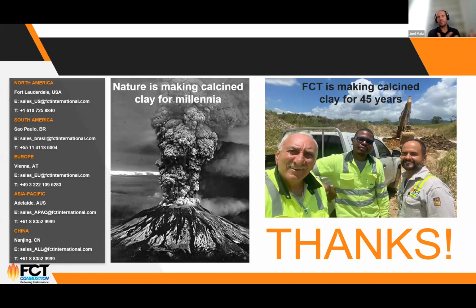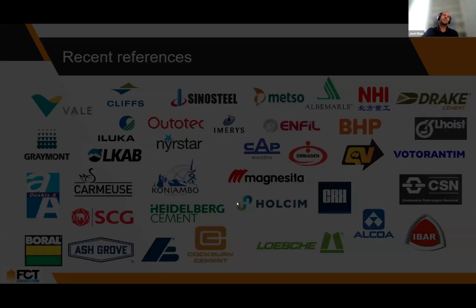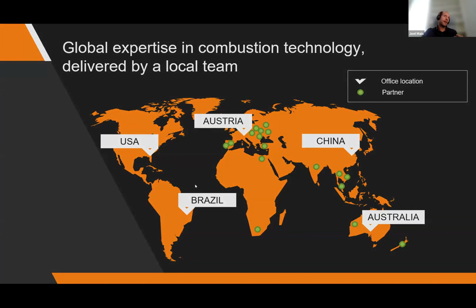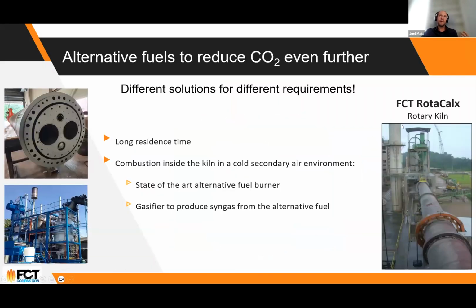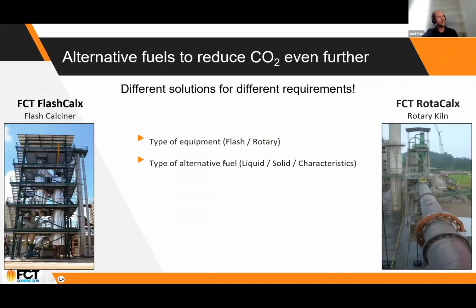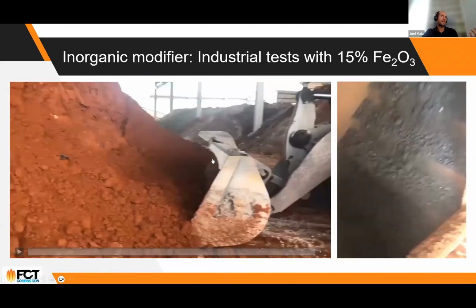So which one is the best clay? Ideally, the best clay is the clay that you have available near your plant, right? So you don't want to transport the clay because this makes the project unviable. So that's why we always recommend to take the clay and make a test on it. So these tests, as I mentioned, this inverted pyramid from the beginning of the presentation, they are very cheap tests that you can make at the beginning of the project, and then you can eliminate some clays or at least select the best clays you have available